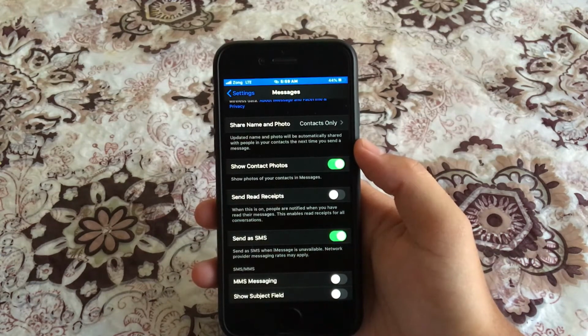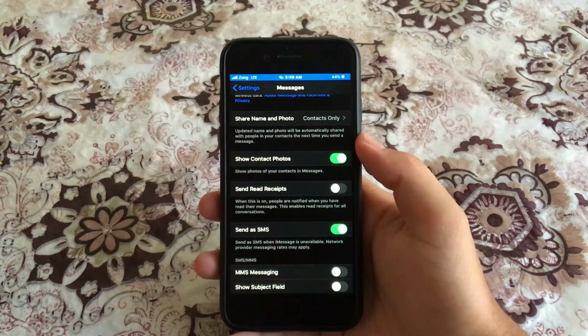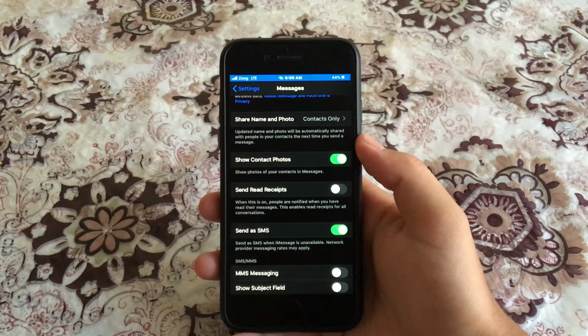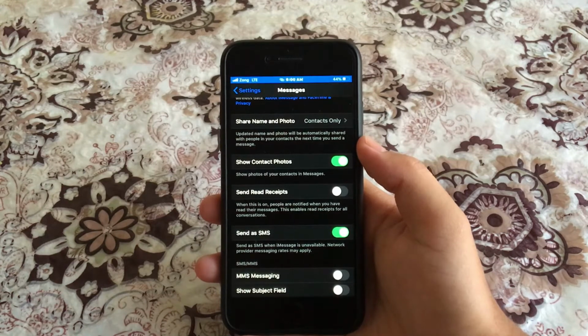So if Apple's iMessage servers are down where they don't deliver properly, you send as SMS as a backup messaging service that you can use from your iPhone to send that message whether you are texting someone with an iPhone or not. Just an option that I don't know why Apple has it off by default, but I always turn it on.